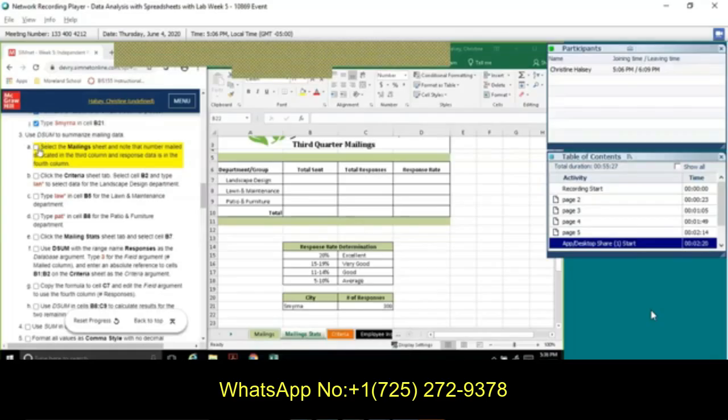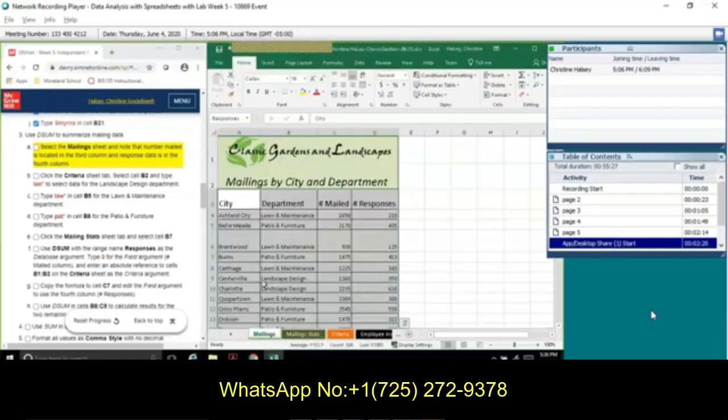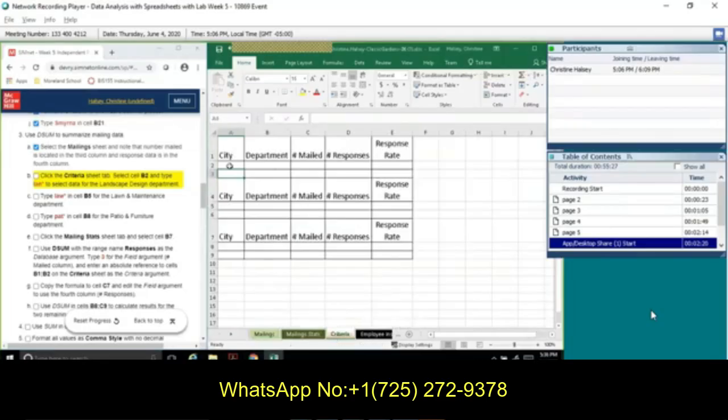Okay, so now we'll select the mailing sheet. Note that the number mailed is in the 3rd column and the response data is in the 4th column. Click the Criteria Sheet tab. Select cell B2